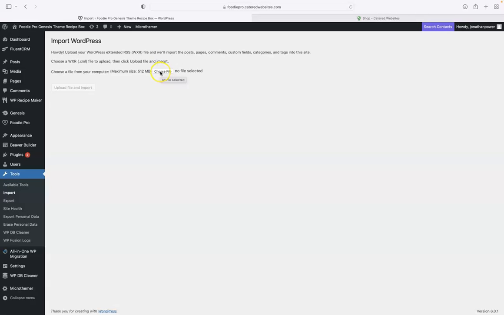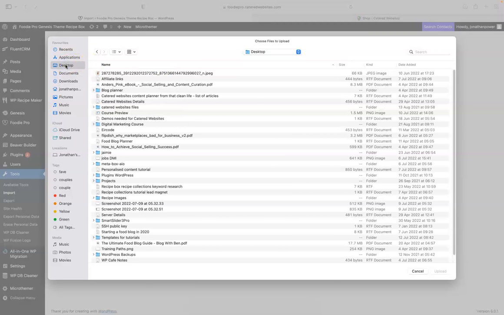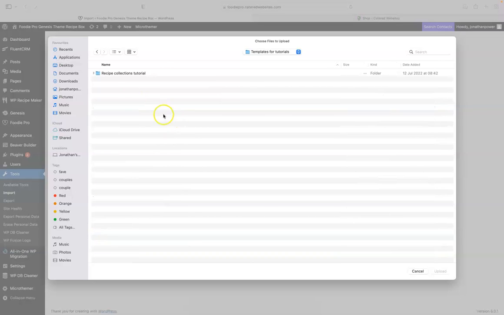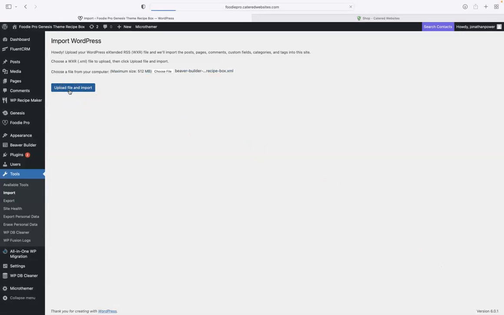So now we need to locate the templates, the downloaded file on our computer. It should be on my desktop. It should be there. Templates for tutorials, recipe collections, and it's important to note, folks, that at the end it'll be an XML file. It'll be over here, the type of file. That's what we need. This file has the data, the templates for us,